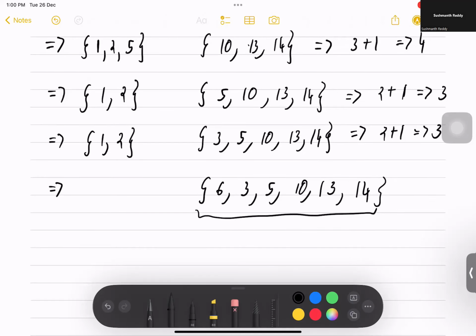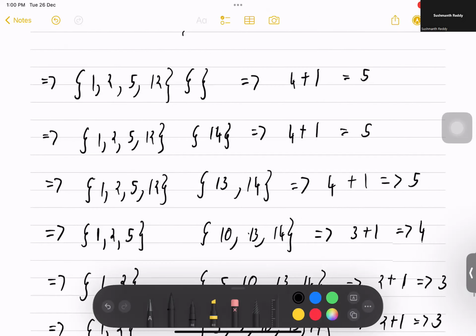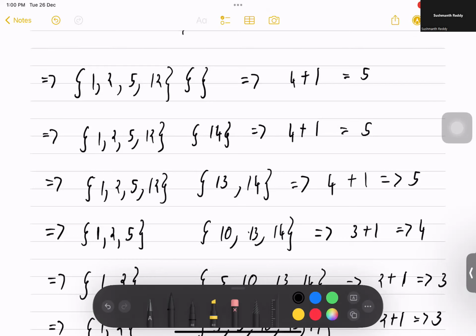So here, if we see, this suffix itself is not strictly increasing. So from here we can stop. We can stop fixing the suffixes. So from this we can see that in total